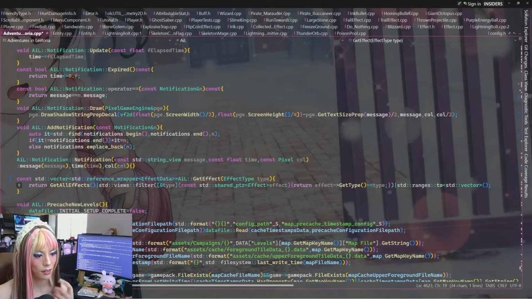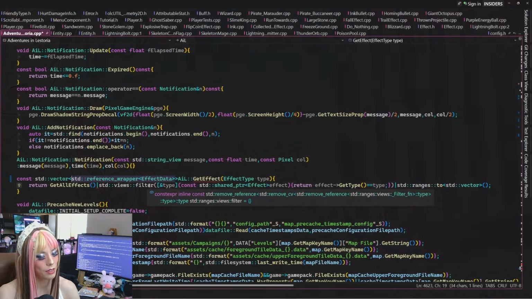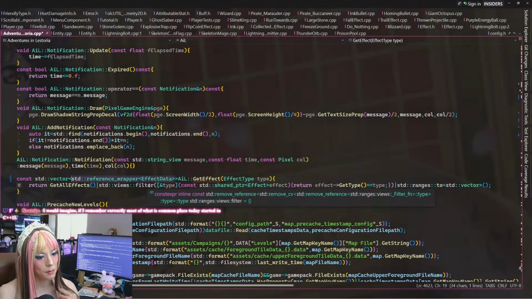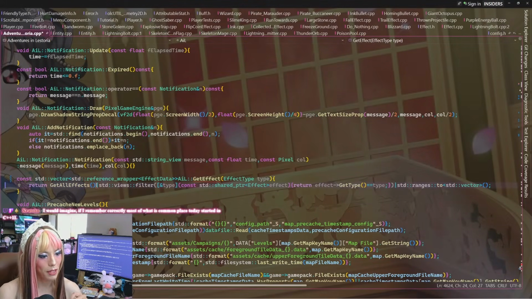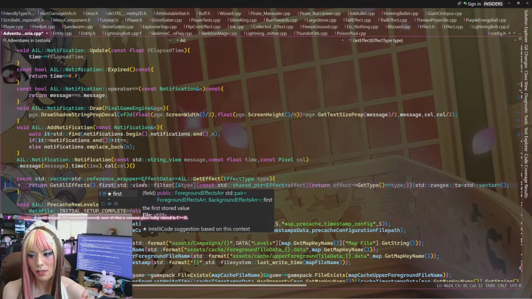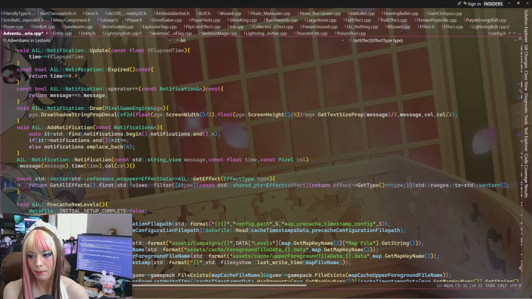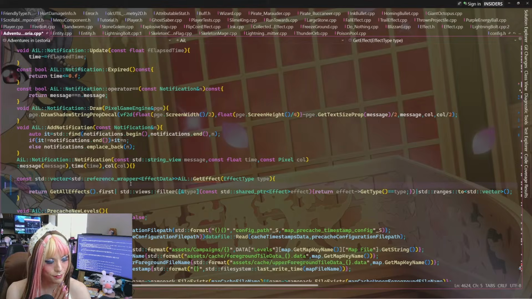So in here, get all effects, we have to filter. How would this work? We couldn't use this yet, we would have to do each one individually, so it'd be like get all effects first combined with second.